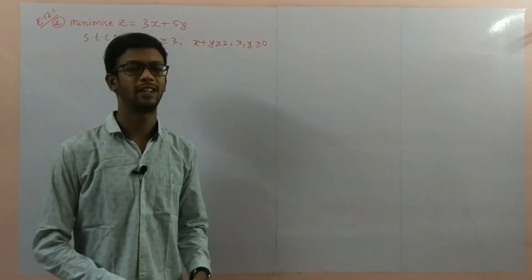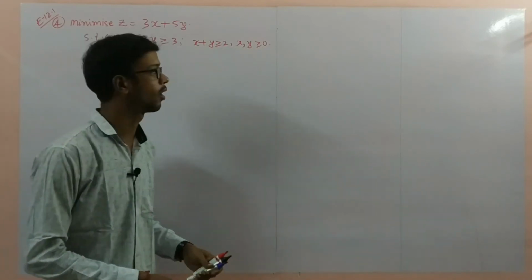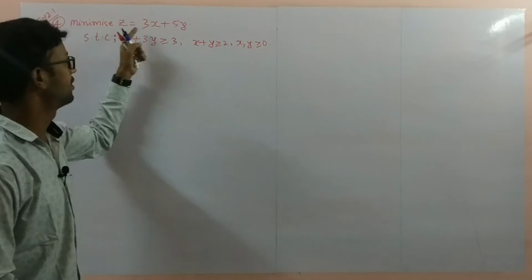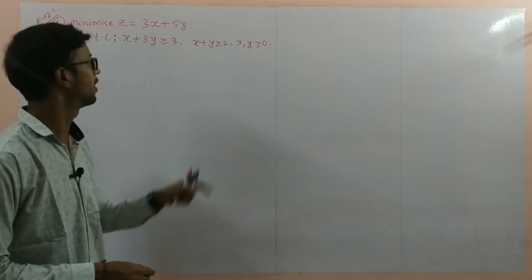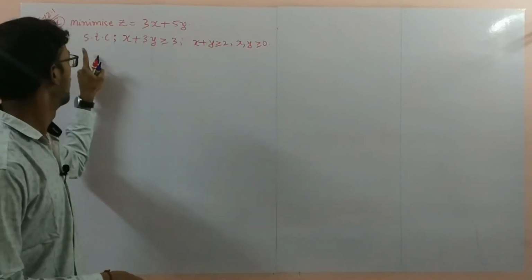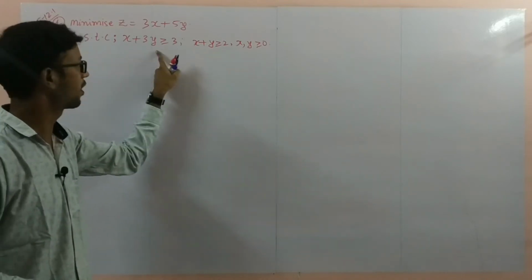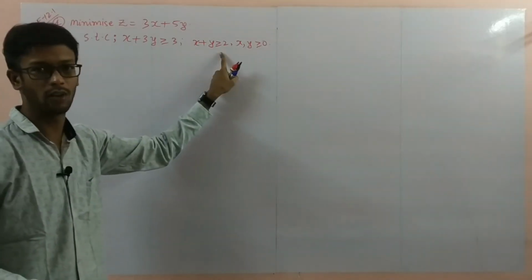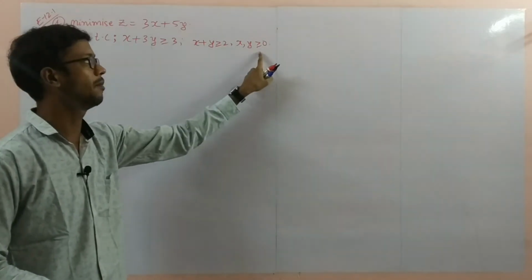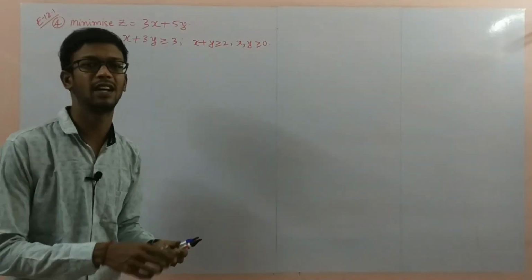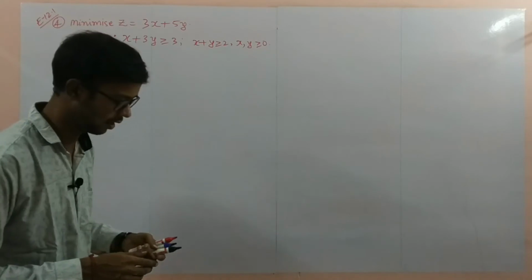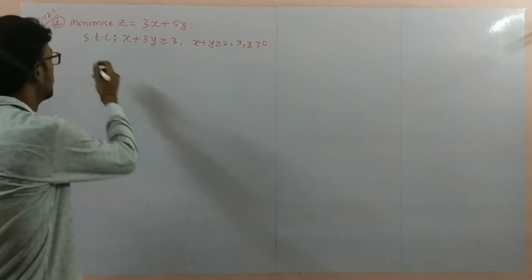Now exercise problem number 4. Minimize Z equal to 3x plus 5y, subject to two constraints given. The two constraints are greater than or equal to, and x comma y greater than or equal to 0, which means that is a non-negative constraint. So the solution is,